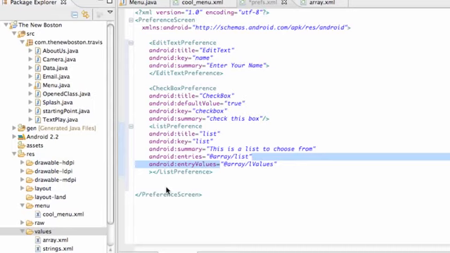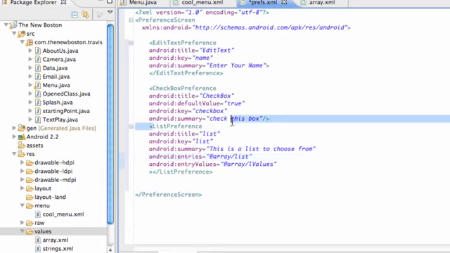What we're going to do in this tutorial is basically set up a class that's going to handle all of our preferences, and then we can set it to open when we use our little menu inflator for the most part. Before we get into this, again, I just kind of want to talk about what the preferences are. As you guys can see, we set up this list preference. You guys don't know really what that